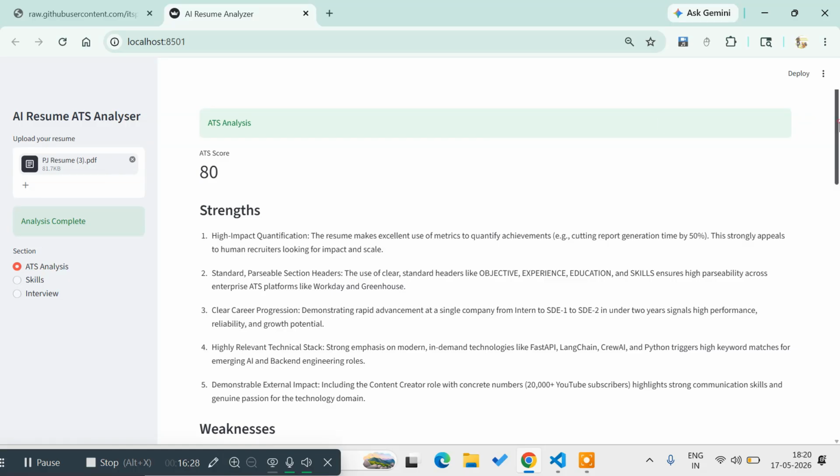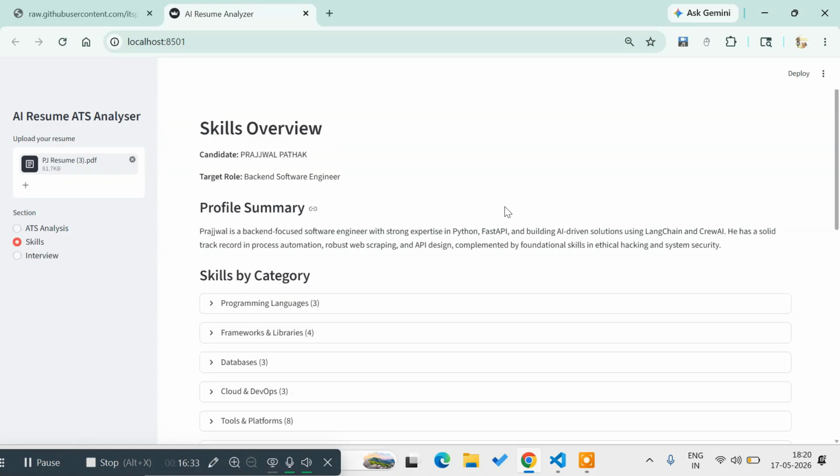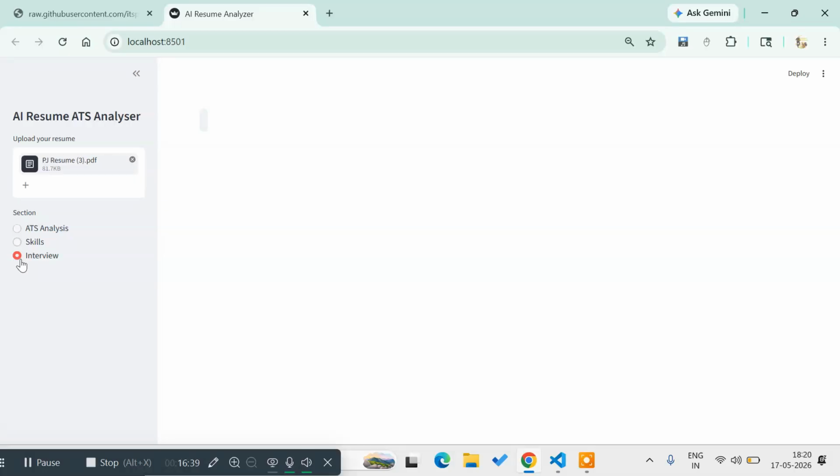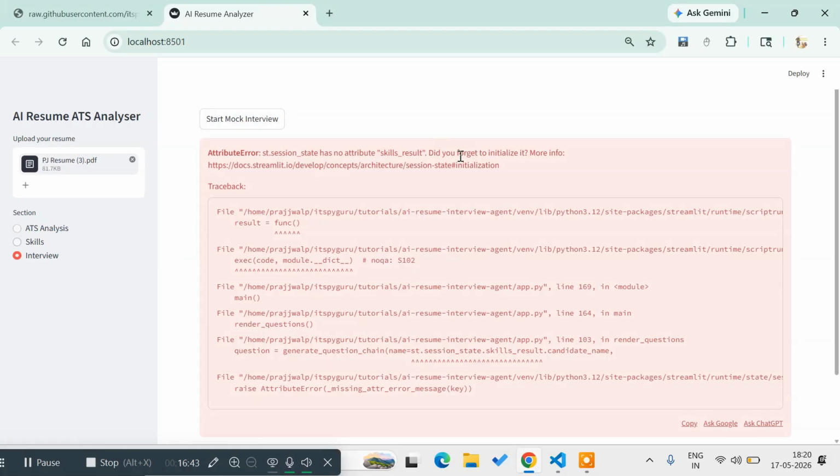So our ATS analysis is complete. You can see we have an ATS score of 80. We have the skills extracted here. Our skills are stored here. Then if I just go to interview, I have this start mock interview. So if I click on it, I have a